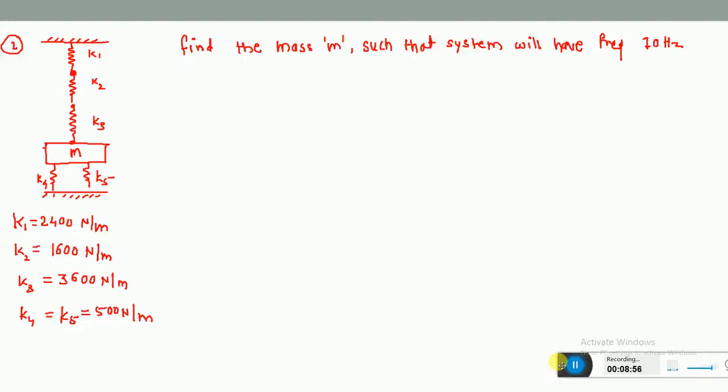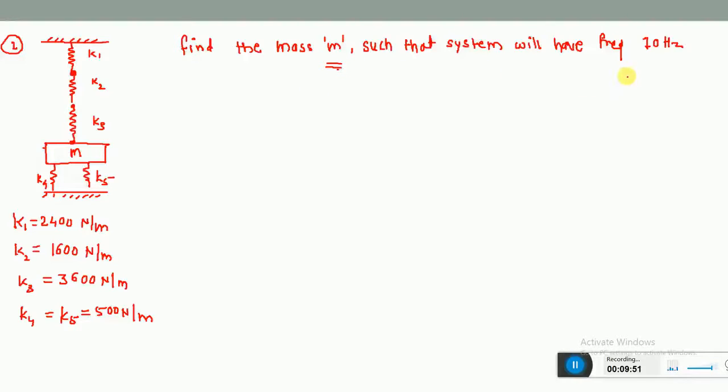So this is the second problem for today's lecture. The statement given for this problem is, find the mass m such that the system will have the frequency 10 Hz. So in this system, three springs K1, K2, K3 are connected in series. Then K4 and K5 are in parallel, and the springs are connected with the mass m. The values for K1 is 2400, for K2 it is 1600, K3 is 3600, and K4 and K5 are 500 Newton per meter. So to find out this mass m,